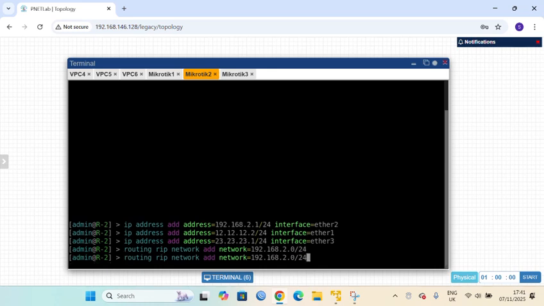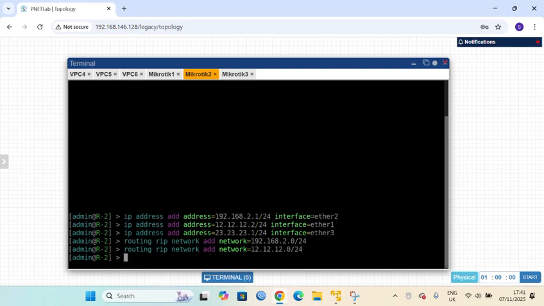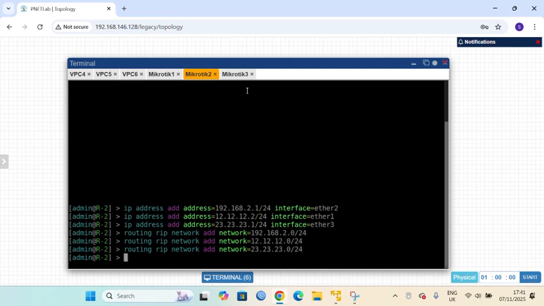And next we write 12.12.12.0/24, enter. Right here too, 23.23.23.0/24, enter.